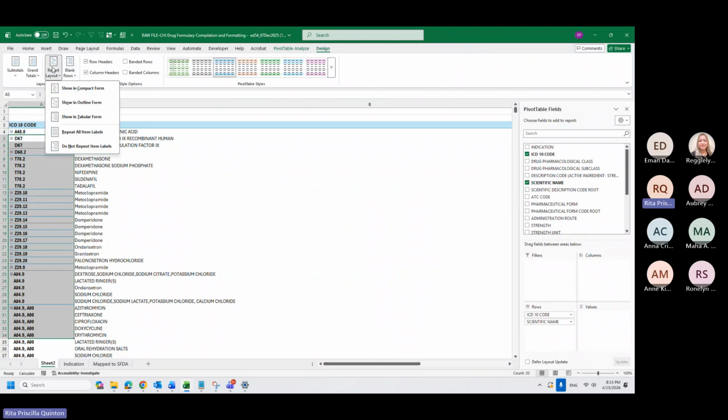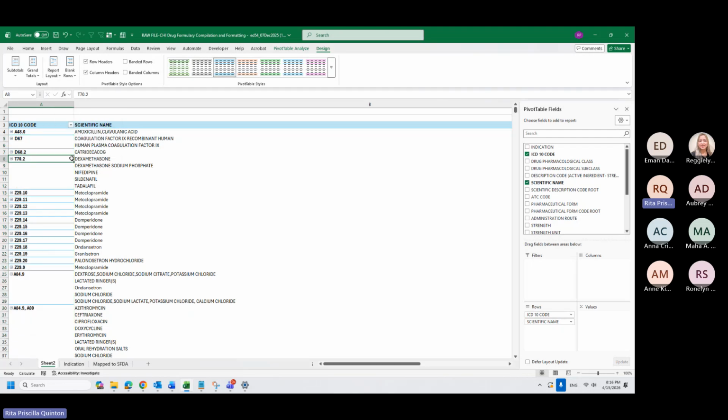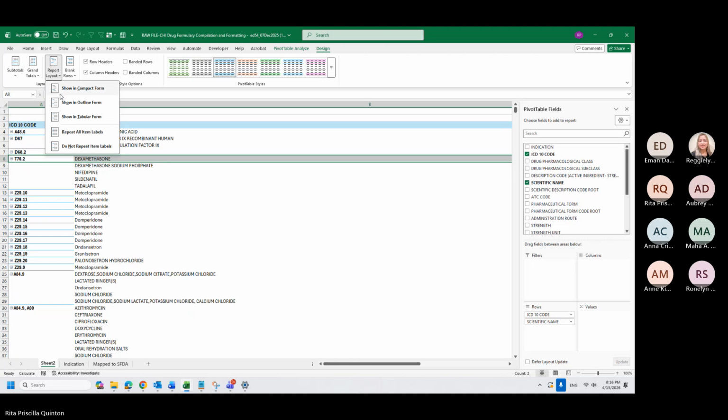What we have done a while ago is show in tabular form, so you will have two columns. Repeat all item labels will repeat all the item labels for you here. Do not repeat will remove them and only keep the first one. And do not show subtotals to remove the blanks.